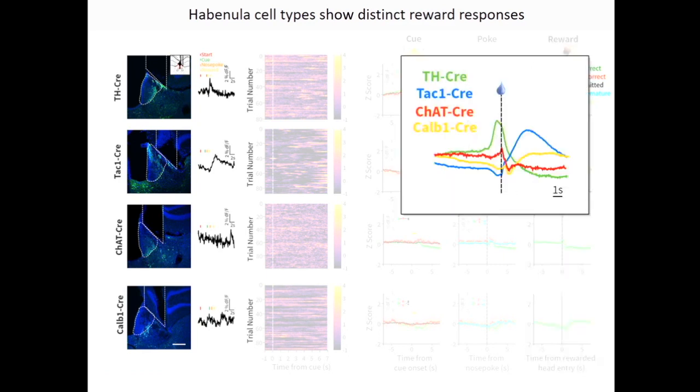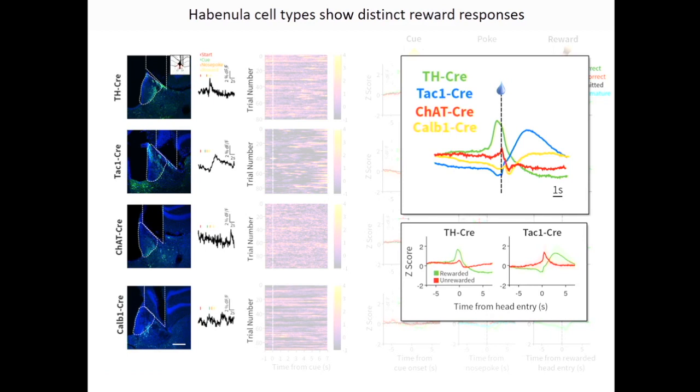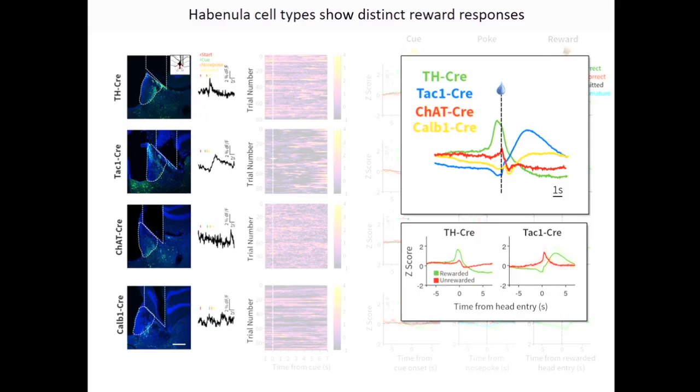I should just note here that you can see the difference in the temporal dynamics if you overlay the trials, and I'm going to focus on TH and TAC1 for the rest of the talk. I also made sure that this wasn't just something about the animal approaching the reward port, that kind of movement into the reward port. So I compared rewarded head entries, which is the same data I showed you up here, but now I'm showing it against unrewarded head entries. So every other time the animal enters the reward port during the task.